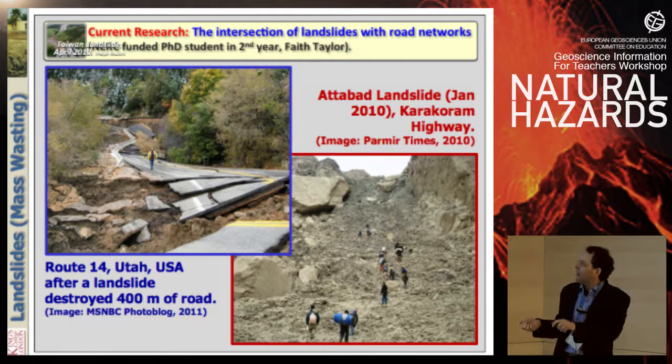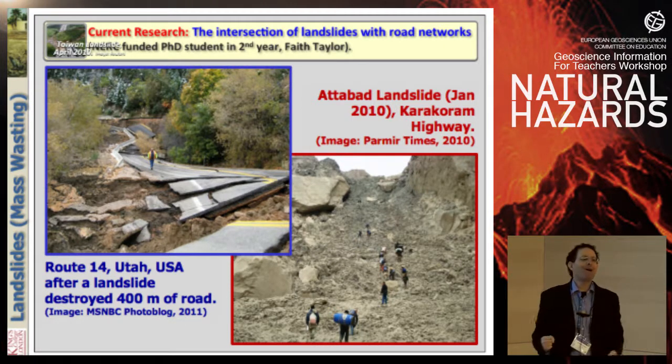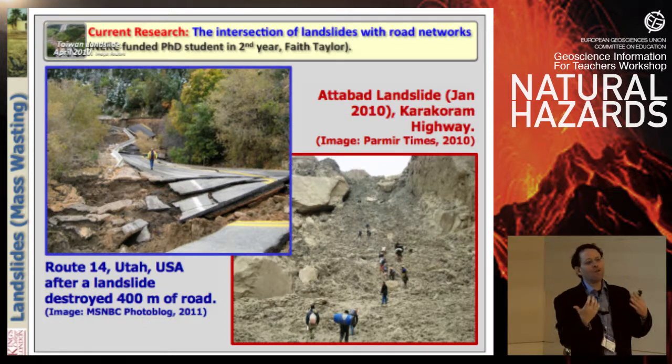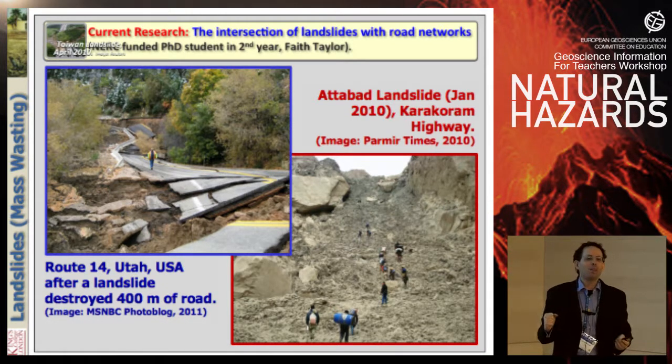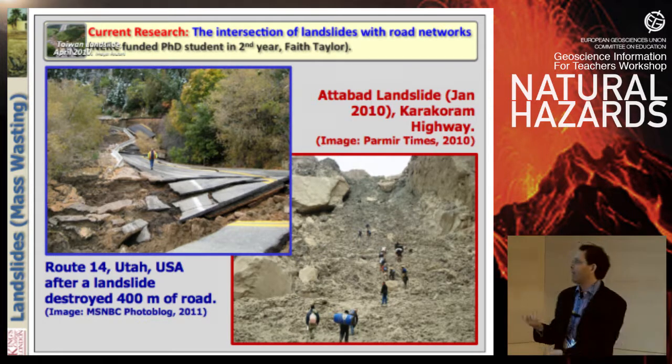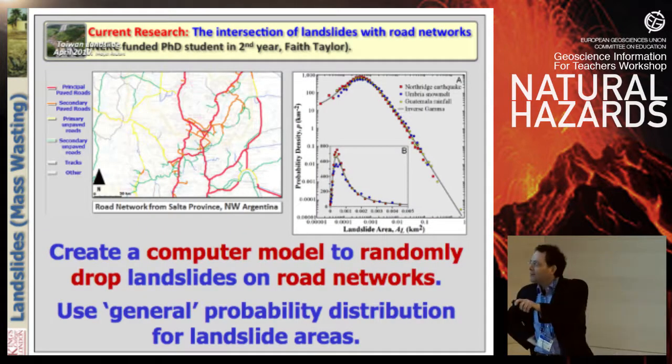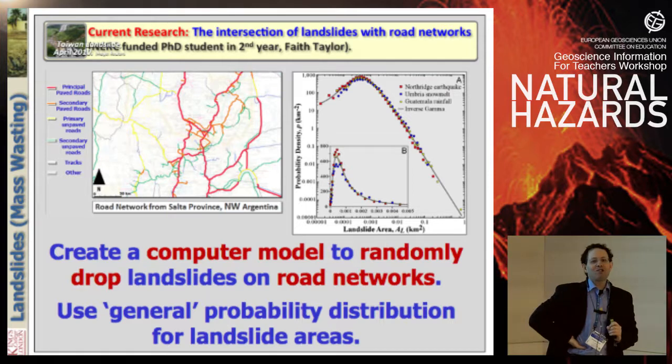So here we have an example of a landslide, another one. This one here caused this route to be shut for months. So they're very, very drastic. And the idea is if we know the probability ahead of time, then maybe we can do something about that. Maybe we can plan ahead of time. We can mitigate. So we take the road network here, we take the statistical distribution I just showed you,